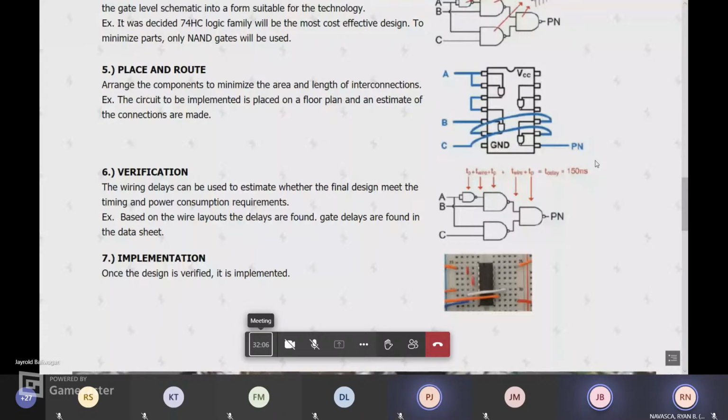The second delay that would contribute to the total delay would be what we call the